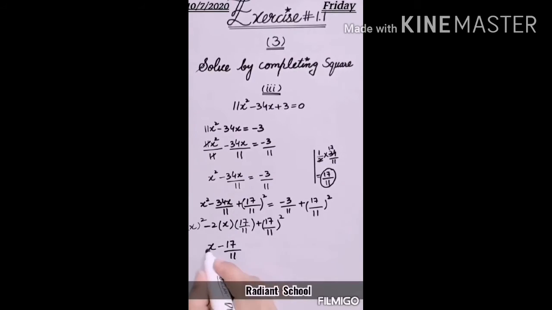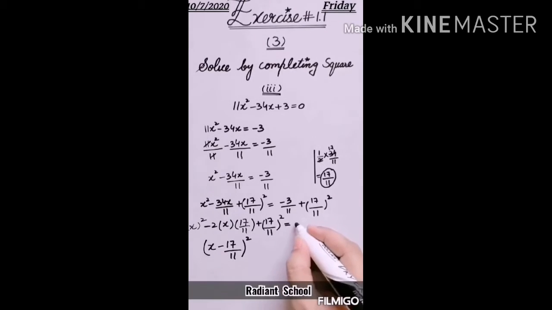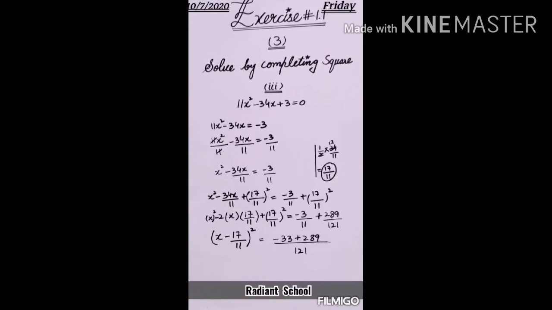Your a is x, your b is 17 over 11, and because of the minus sign with the 2ab term, we will write a minus b whole square is equal to, we have to simplify here. So 17 whole square is 289, divided by 11 whole square is 121, and we have taken the LCM. The LCM of 11 and 121 is 121, minus 33 plus 289. All of you are familiar with taking the LCM. Now it is